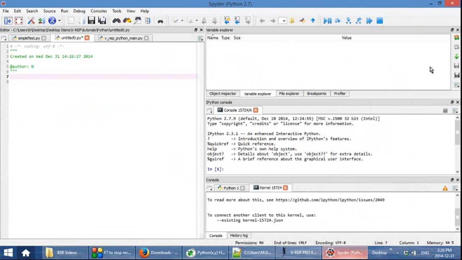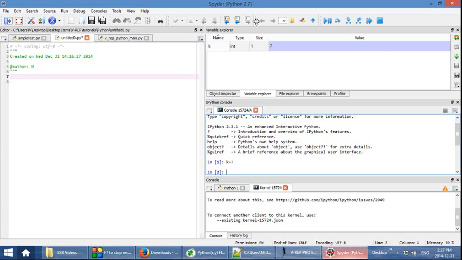This Variable Explorer is actually the main reason why I'm using Spyder, because it allows you to see the currently stored variables. For example, if you have k equal to 7, it shows up right here with its type, size, and value. This is a very helpful feature that will allow you to debug your code as you're writing it. Here you have the console window, and here you can essentially just write commands and test them while you're writing your code,